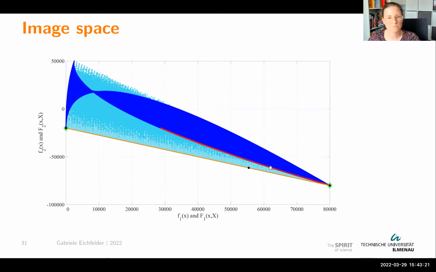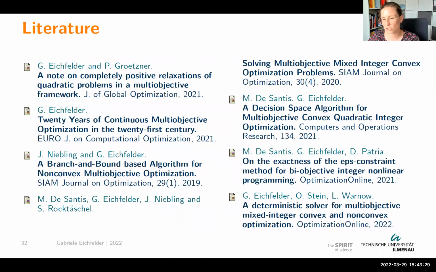For that reason, this lifting makes no sense for multi-objective optimization. We need other ways to solve non-convex multi-objective optimization problems. And let me shortly go through this literature. So this is the paper I just presented, which has some kind of negative result. If you would like to know more about the developments in multi-objective optimization in the last years, I've recently written a survey about the last 20 years and the developments.